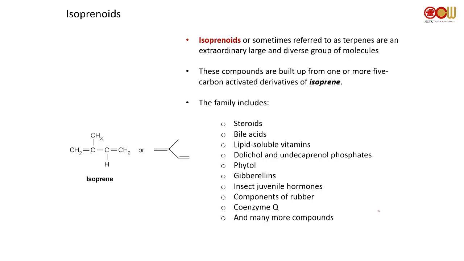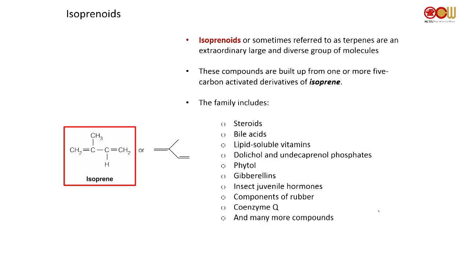They are derivatives of isoprene, but in biology it's not isoprene itself that makes all the other stuff. I'll show you, it's a different precursor, because isoprene is a gas. Isoprene is a gas, so it's not really in your body. We are using something very similar to isoprene, but chemically they are